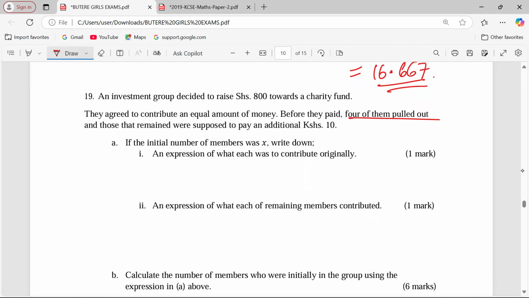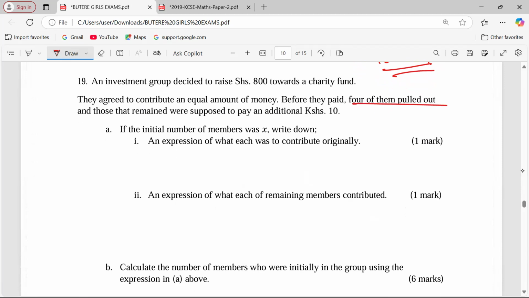And those that remained were supposed to pay an additional 10 Kenya shillings. In part A, you know, these are quadratic word problems. Even when you have started reading, you can see where it is taking us. Those who have experienced the book 3 work, this is topic 1. And from the language used here, you can relate and know what the examiner is about to tell us to calculate. Therefore, now we are told